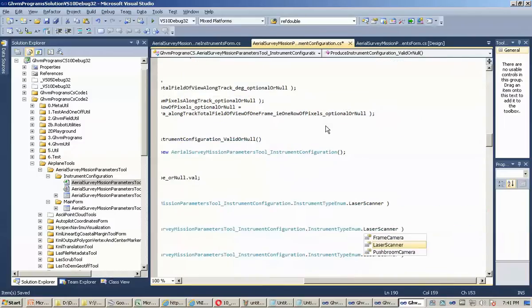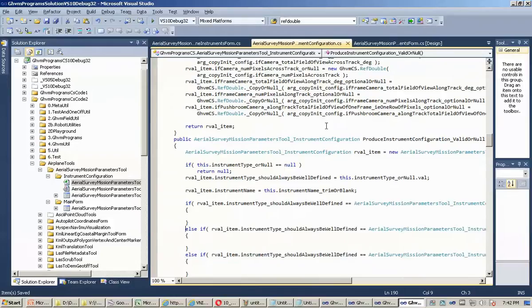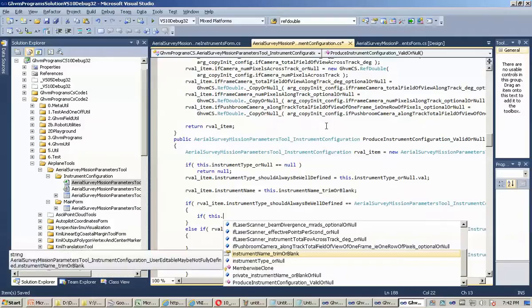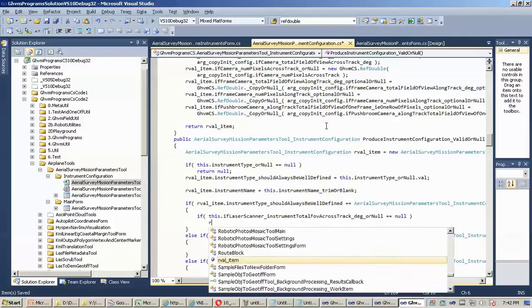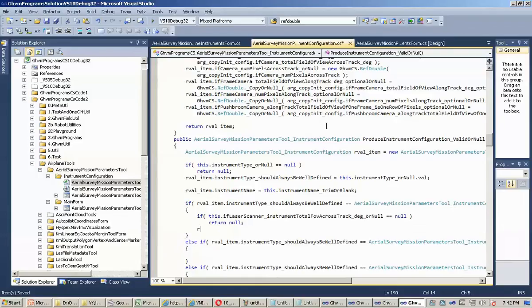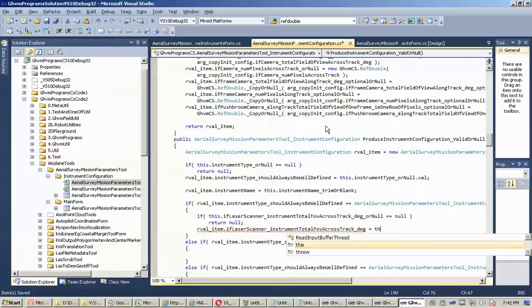Frame camera, push broom camera. Then we need everything to be well defined. If this laser scanner field of view is null, return null. Otherwise, laser scanner field of view equal this laser scanner field of view,